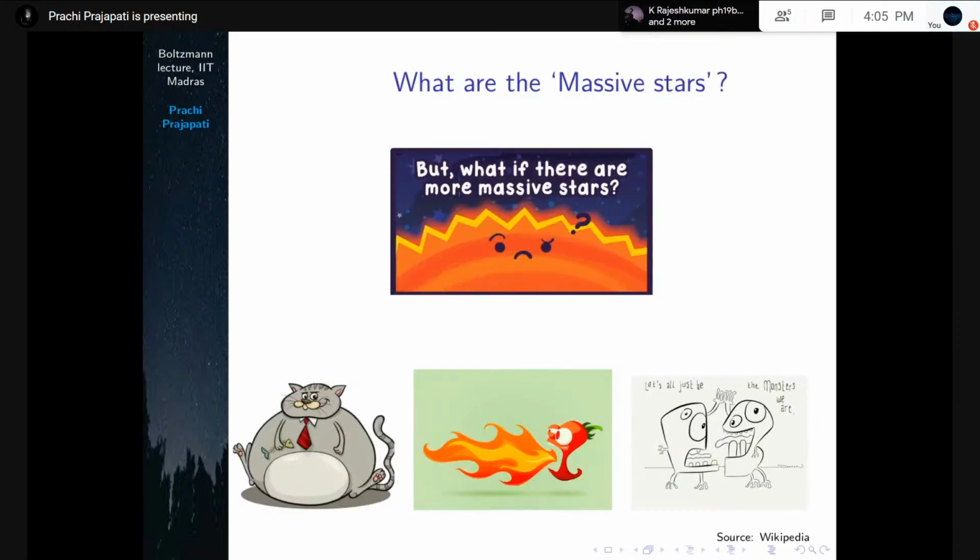So now let's understand what the basic properties of massive stars are. Living in a solar system, we know that the Sun is our parent star and the planets are kind of nothing in front of the Sun if we compare sizes or mass. But then the Sun itself might be thinking that there might be even more massive stars, and they do exist.